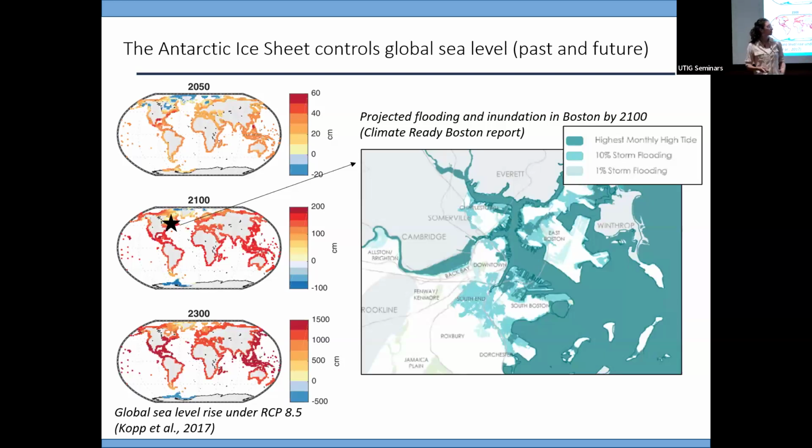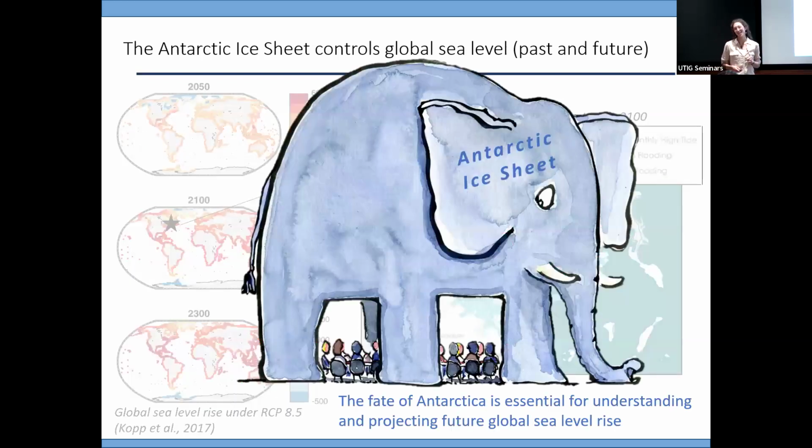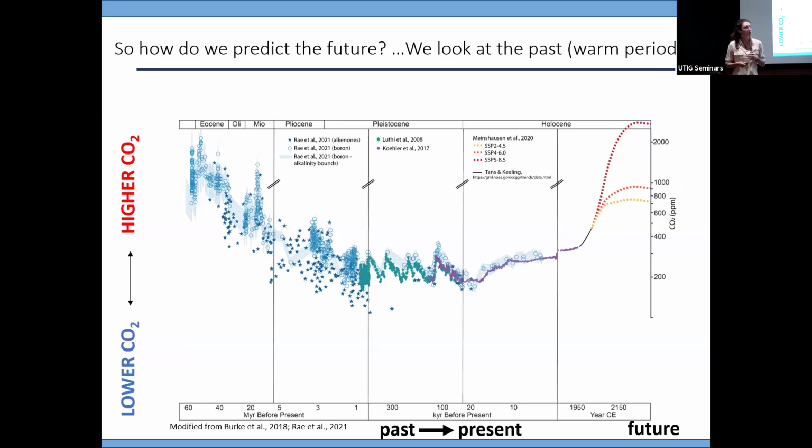And so the point is that a baseline sea level rise leads to flooding, exacerbates storm surges, and has really serious impacts. And my point here today is that when we're thinking about coastal impacts, Antarctica is the elephant in the room, right? Because of its huge potential to contribute to sea level rise. Antarctica is the elephant in the room because it's helping us understand past sea level to predict future sea level. And to predict future sea level, I argue that paleo is key. So we use past warm periods to try to understand what will happen in the future.